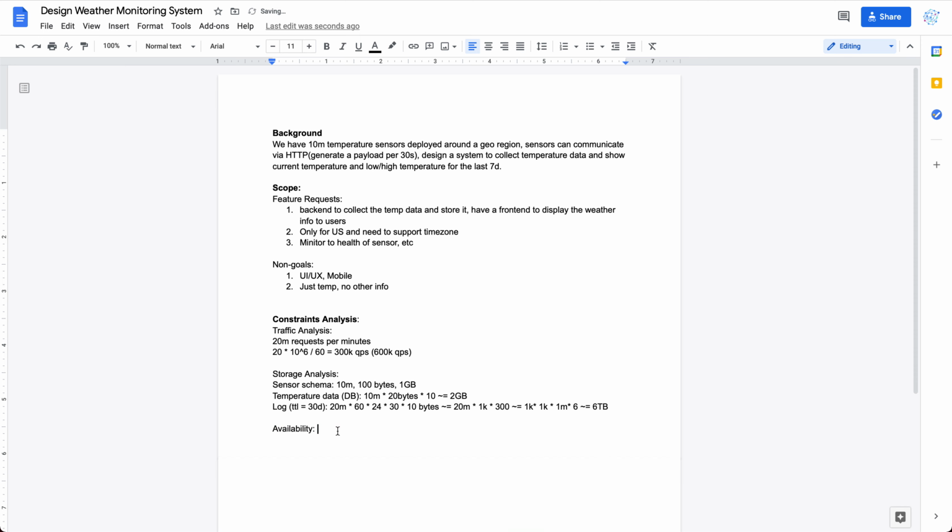Availability. From the user's perspective, the user is the one who uses the front end to take a look at the data. Regarding the data freshness part, we also need to make sure about the data freshness. So for the whole system, the availability is going to be 99.99